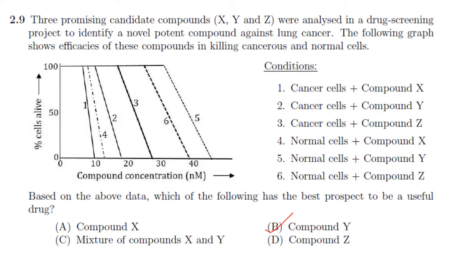Then 3 promising candidate compounds X, Y and Z were analyzed in a drug screening project to identify a novel potent compound against lung cancer. The following graph shows efficacies of these compounds in killing cancerous cells and normal cells. Based on the above data, which of the following has the best prospect to be a useful drug? So here,